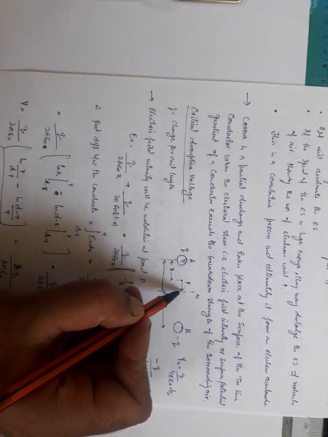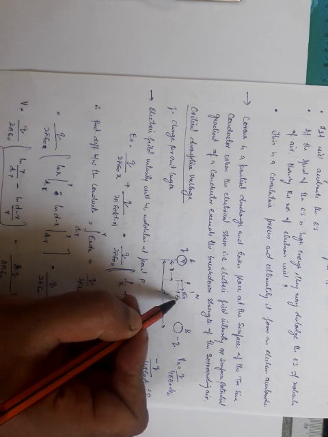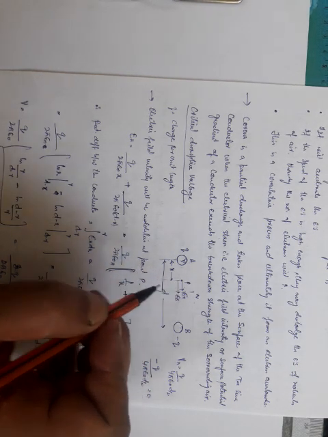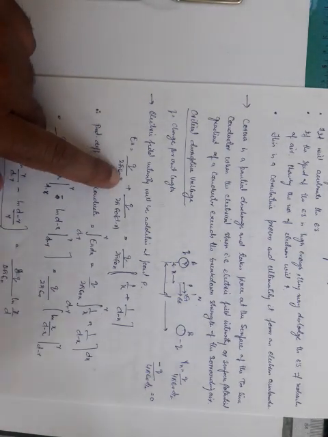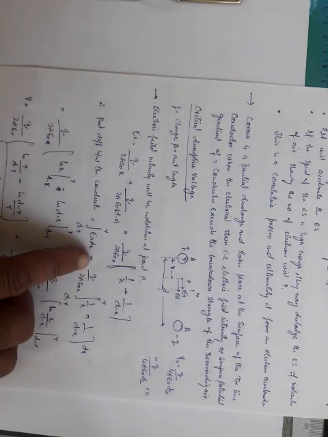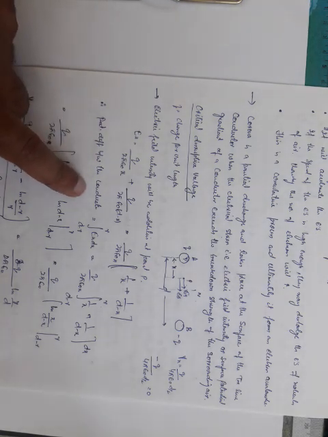I can write it like this. This is EA, and EB will also be in the same direction. Definitely EA will be greater than EB in this case, but they will be added. That's why I have written it here as plus. So by simplifying, it will be q by 2 pi epsilon 0 times (1 by x plus 1 by d minus x). The potential difference between the conductors can be taken using this equation.